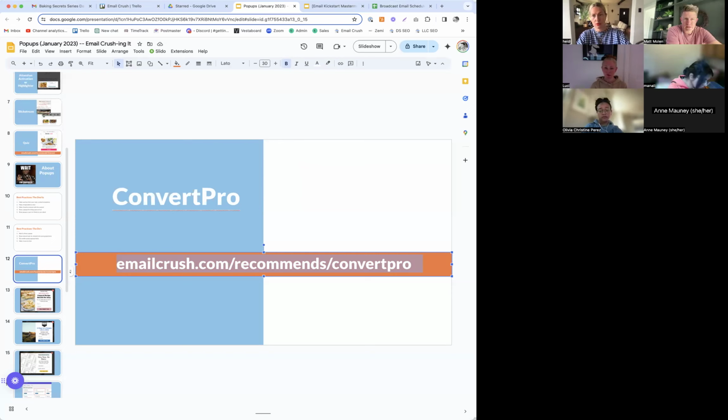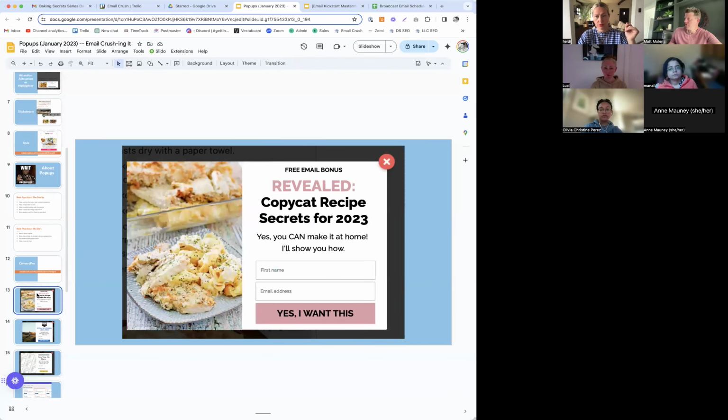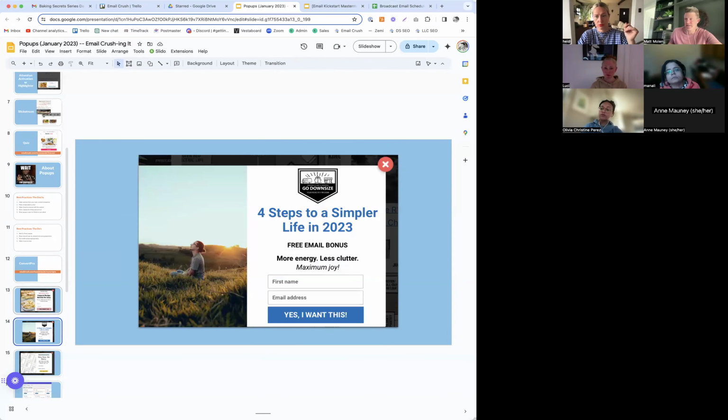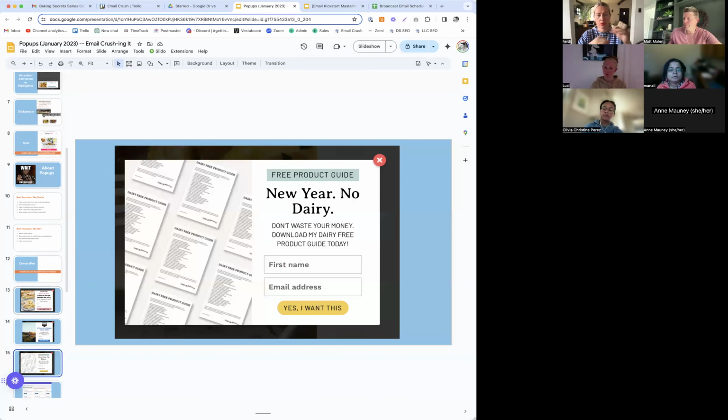It's a reasonably fast software, and you can see the big red X on there, and you can make pretty-ish opt-ins with different fonts and things. You're not as limited as, say, what ConvertKit might do on design. It has a funky design element to it. Okay, so I just tell you, if you do get ConvertPro, watch my tutorial in the Email and Autopilot group, and it walks you through how to set it up.